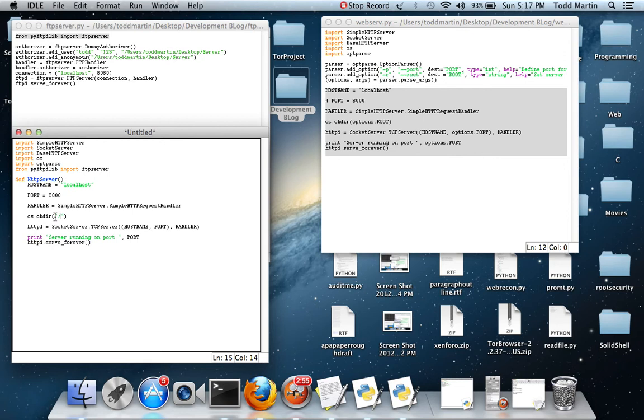Just going to double parentheses users /Todd Martin /desktop /server, so that way it will change the directory to our server directory whenever it runs. And next we're going to define FTP server,